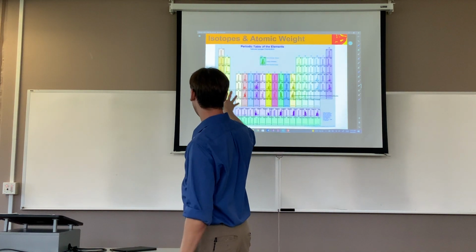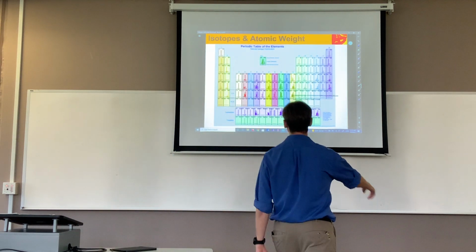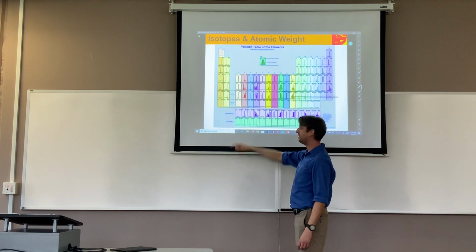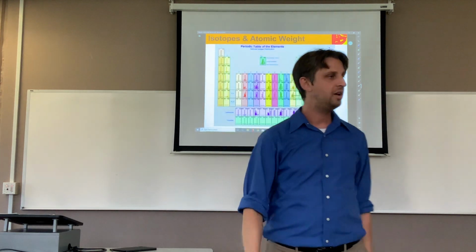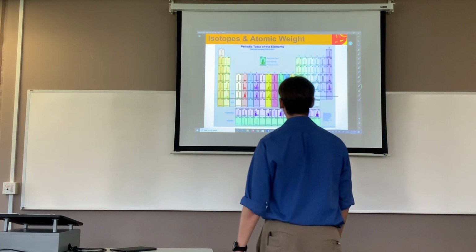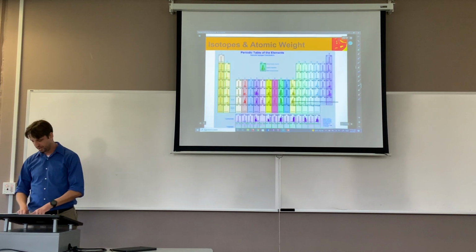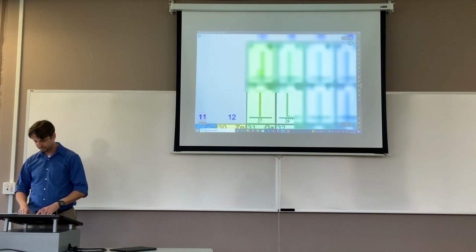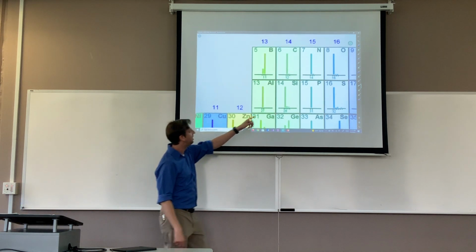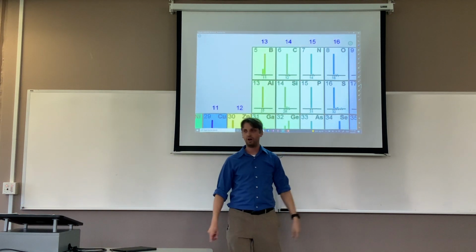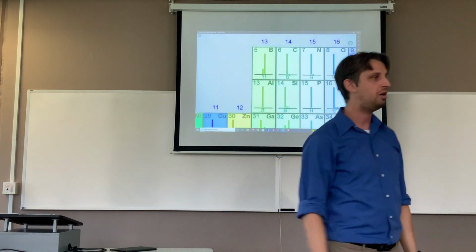So this is a periodic table laid out by isotopic abundance, okay? The little bars that you see in here are the relative percentage of the different isotopes available for the different elements on the periodic table itself. For instance, if we go up here, I know it's going to be kind of blurry, there's our buddy carbon. You see one big bar of carbon right there. That's for carbon 12. That's the most abundant isotope of carbon in nature.